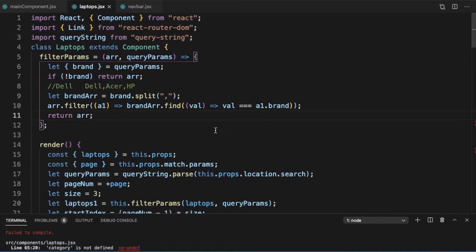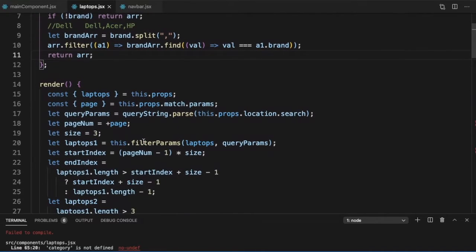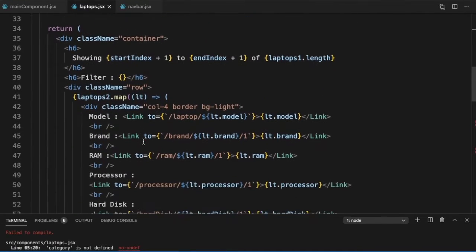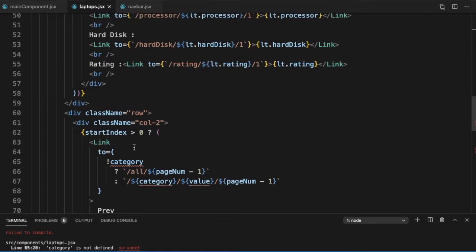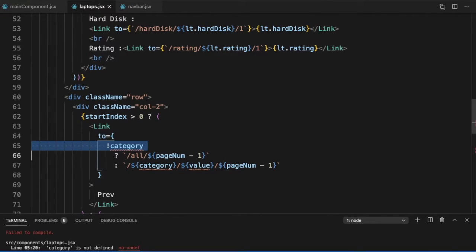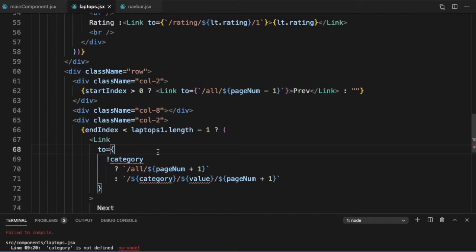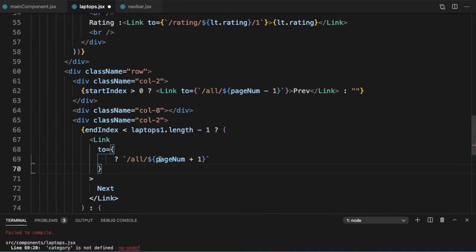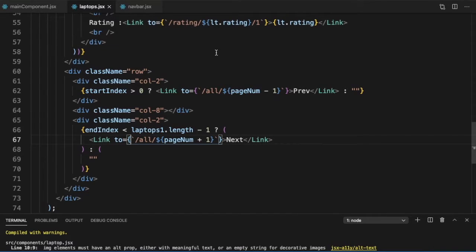Now this is the model we can use for brand. So let's go ahead and do it. And we remember, we are just doing it on brands right now. We will come back and do it for the others. Once we have done it, it is giving us an error on line 65, because we had the category and we don't need it. So I am just removing that. And the same thing from here. So now this is working fine.